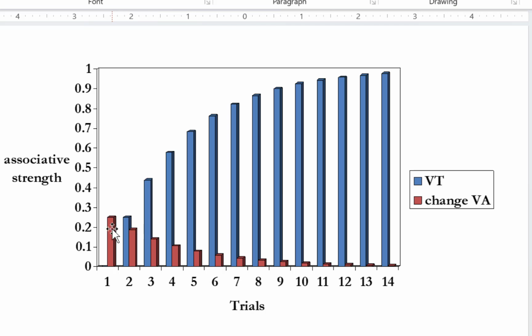There's less change. This is the cumulative score of association. This is, the blue is how much the animal associates the stimulus with reinforcement. It goes up and up and up. The red is how much it learns on that one trial. And because it expects more, it learns less. Why? Because expectations are met. Here we are on the 7th trial. Metronome plays, it gets food. I kind of thought I was going to get food. There isn't a big difference, and so I don't have as much learning.